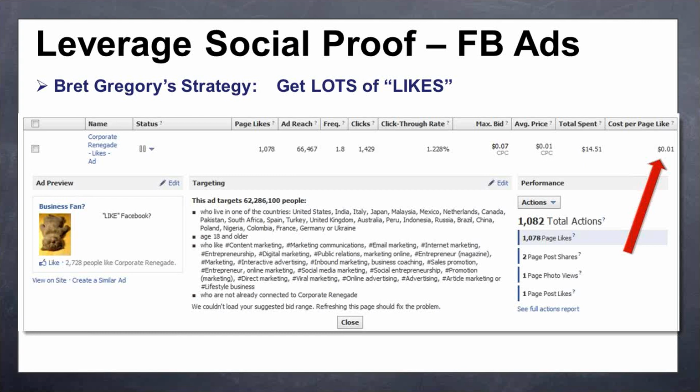Then what happens is that he's targeting lots of other countries. Granted, if you are a local business that only does business in your state, then this is not necessarily going to be the strategy for you. This would be for whether you operate on a national level or you can do business anywhere. He's marketing to a huge segment of people in the United States, Canada, and lots of different countries, and then you specify only people that speak English. So you're getting folks that speak English who live in other countries. You can then specify people that like content marketing, internet marketing, entrepreneurship, digital marketing, public relations, marketing online, Entrepreneur Magazine. So you can see how these are still targeted likes, right? So this strategy, the reason the cost per like goes down so